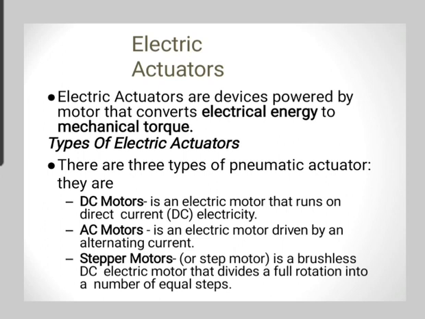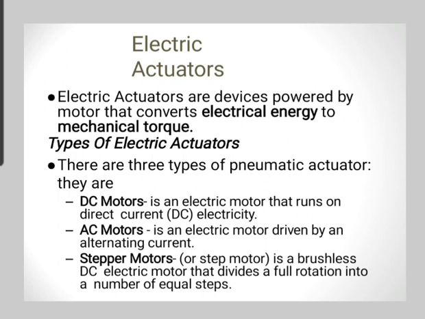There are some disadvantages of electric actuators. The initial cost of an electric actuator is higher. Second disadvantage is that, unlike pneumatic and hydraulic actuators, these actuators are not suitable for all environments. Overheating and wear and tear issues are more common compared to pneumatic and hydraulic actuators. And the last disadvantage is that the actuator parameters are fixed. So to change the torque, speed, etc. to a different level, the actuator should be replaced.